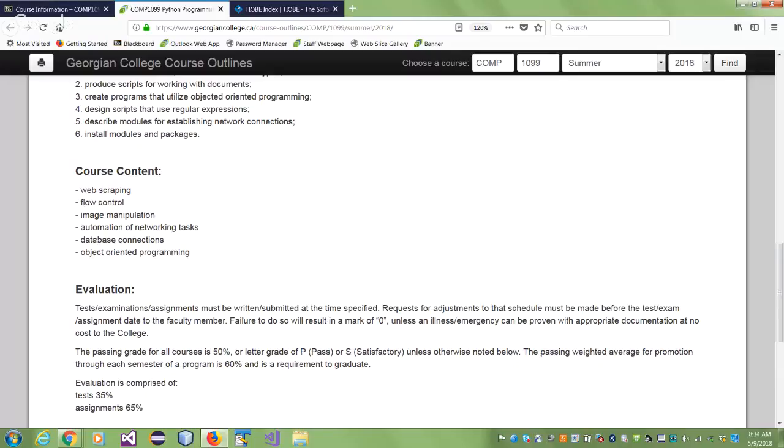Database connections. A database is nothing but a huge repository of data. So you work with data all the time. I mean, what's a program that just says hello world? Useless, right? So a program will always take some input and always give you some output. So you could be taking data from the user, you could be taking data from a file that you have saved on your computer, you could be taking data from a database, which is basically a huge repository of data. When you go and look for something, when you use search engines, what are you doing? You're searching for something, and that information is kept in a database. So it goes to the database, searches for it, and extracts information for you.